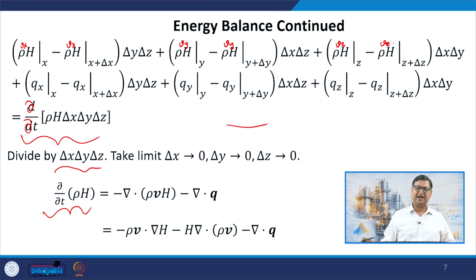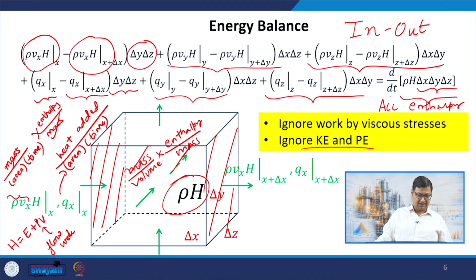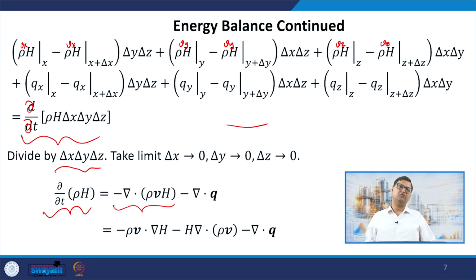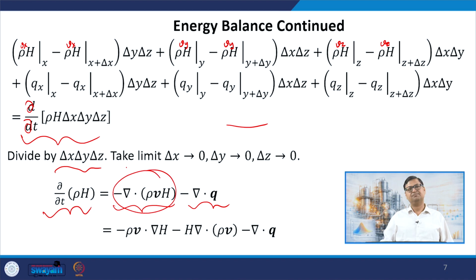So, essentially we had the mass flux times the enthalpy per unit mass in the previous slide, right. So, I am using the same expression whatever I have here. So, I have included Vx, Vy, Vz in the expression, right. So, that gives me in the compact notation the divergence of rho Vh minus the divergence of the heat flux vector q, and then I can expand the first term, right,